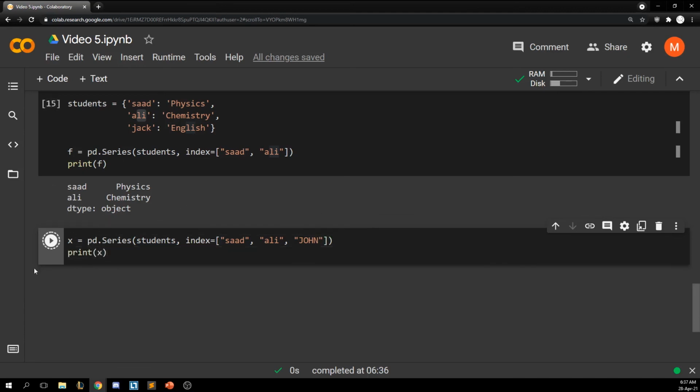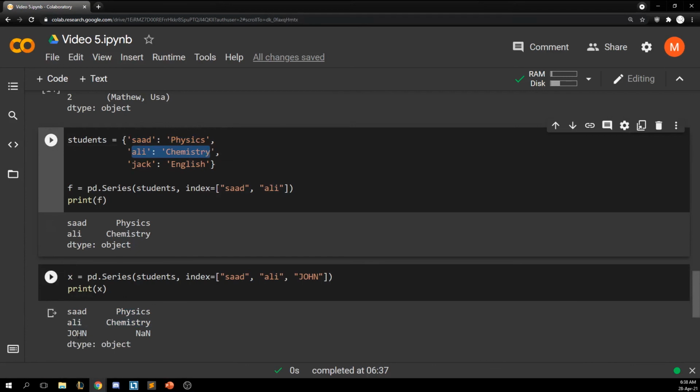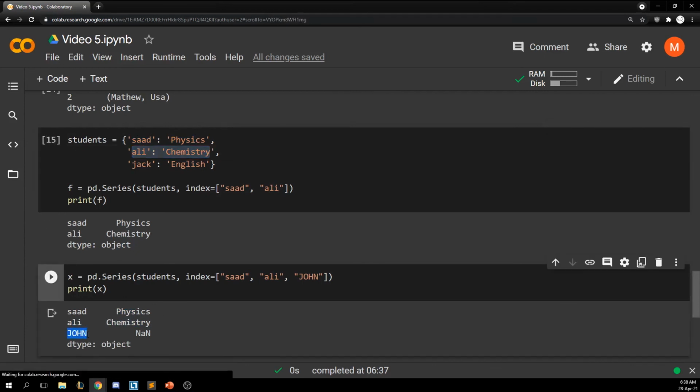So if I run this, you can see that all of these indexes are included in the series, Saad, Ali, and John, but there is no value for John in the original dictionary, and that's why the only values that we got are from Saad, physics right here, Ali, chemistry right here, and there was no value for John, so it just returned a not